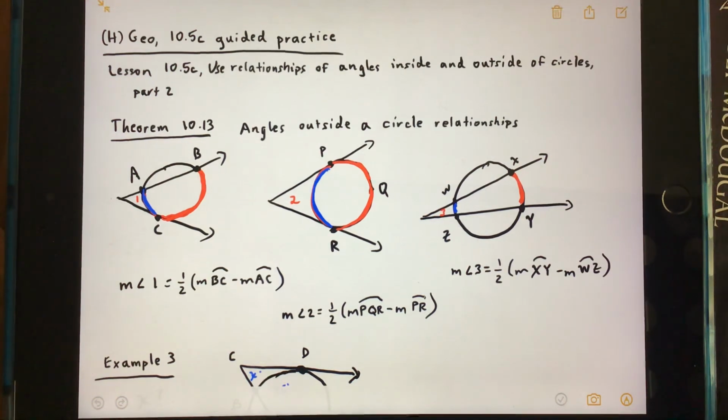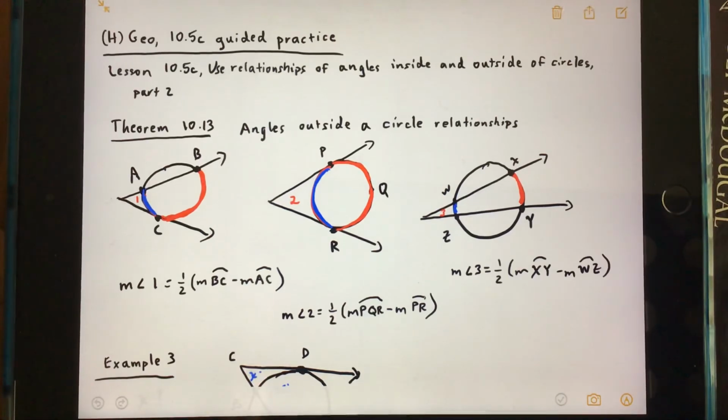Hello, geometry classes. We're going to take a look at lesson 10.5C guided practice problems today, where we're going to use the relationships of angles inside and outside of circles. This is part 2 of lesson 10.5. Today we're going to concentrate exclusively on theorem 10.13 that talks about those angles that are outside of the